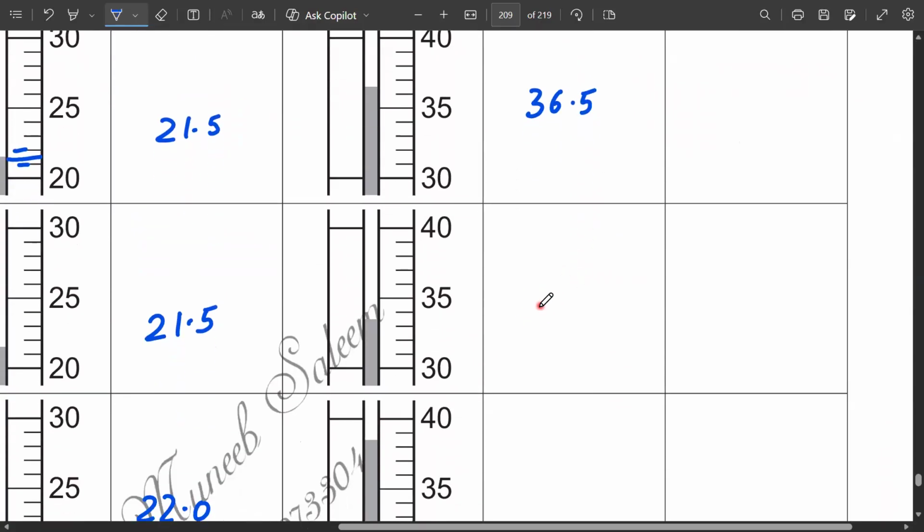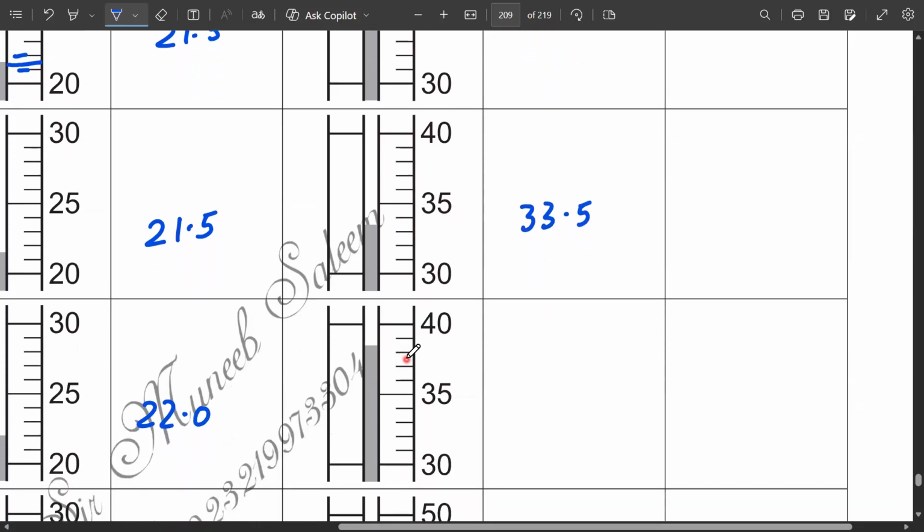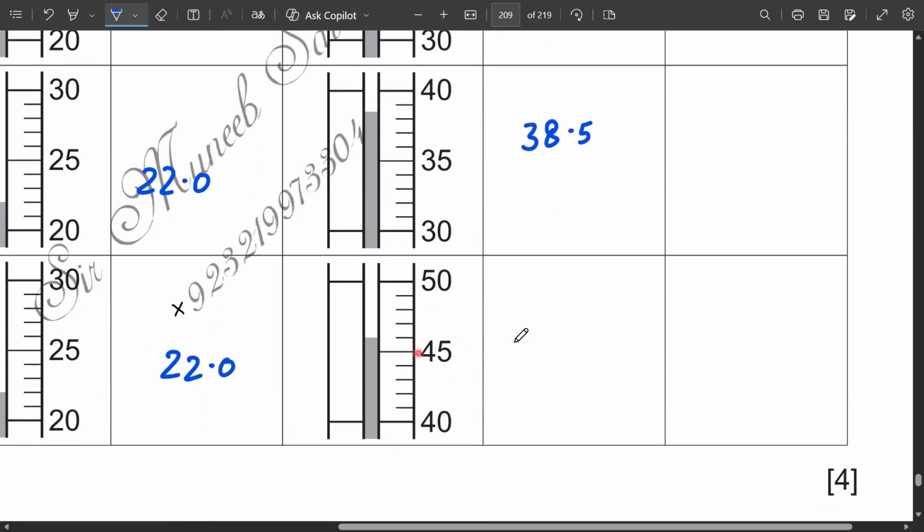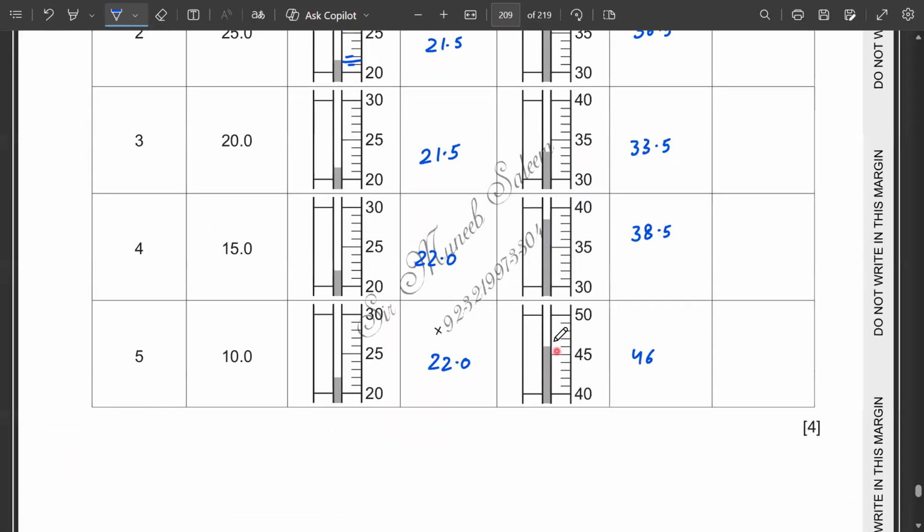This one is 33, in between 33 and 34. So 33.5. This is between 38 and 39. So 38.5. This one is 46. So we have